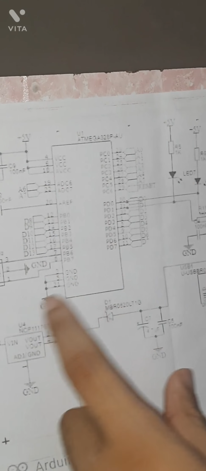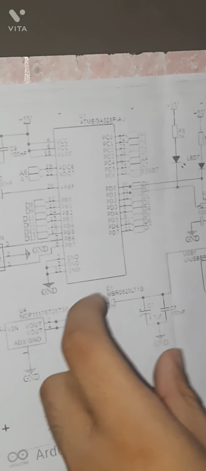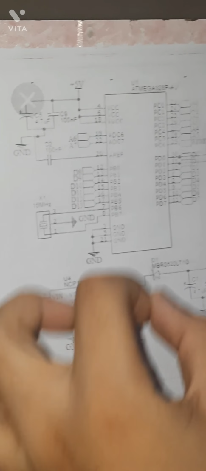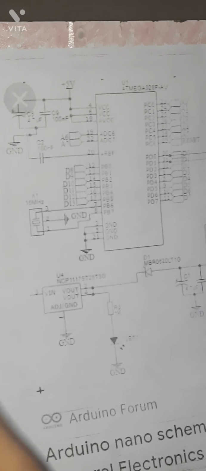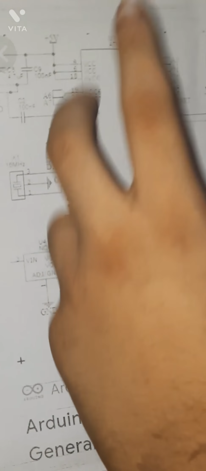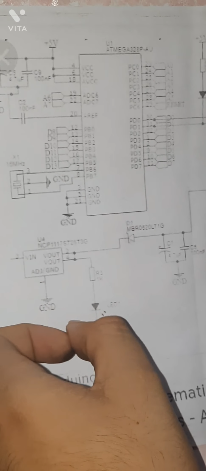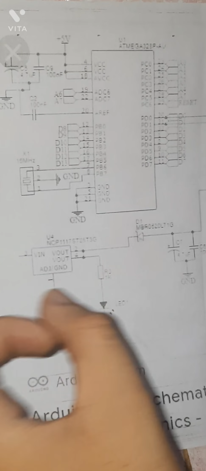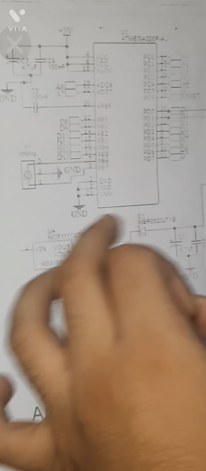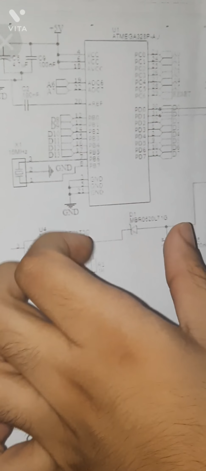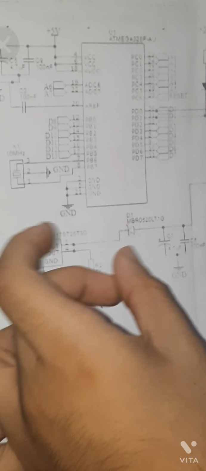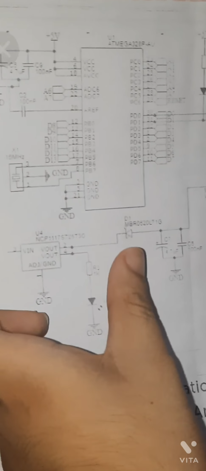This microcontroller needs to be programmed. This is not an IC, it's a microcontroller. What is a microcontroller? I already told you. If you make a project with ICs, you have to buy different ICs for different projects, because there are too many ICs in the market, and every IC has its own function. This function is defined by the IC datasheet, which you can find by putting the IC number into Google. So that's why buying a different IC for every project is a very difficult task.